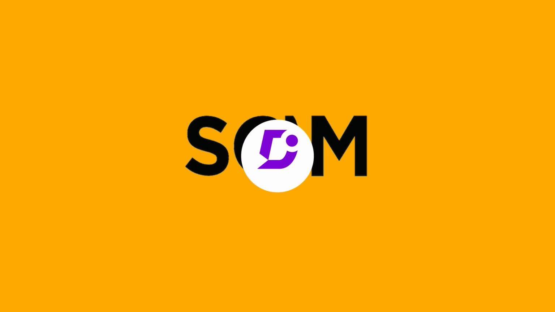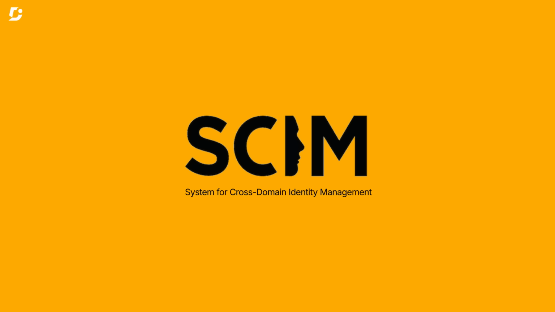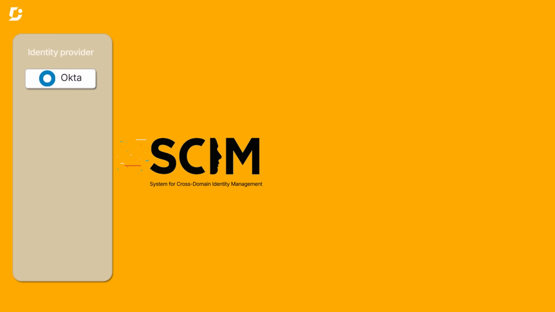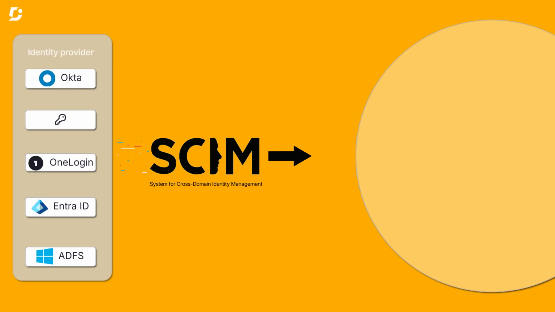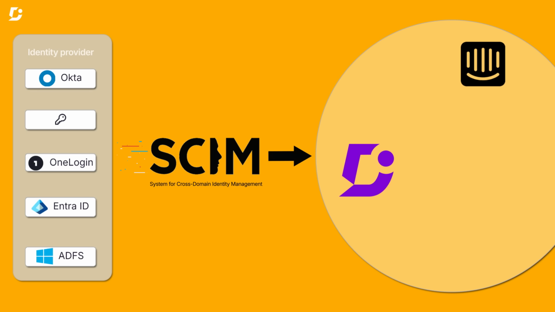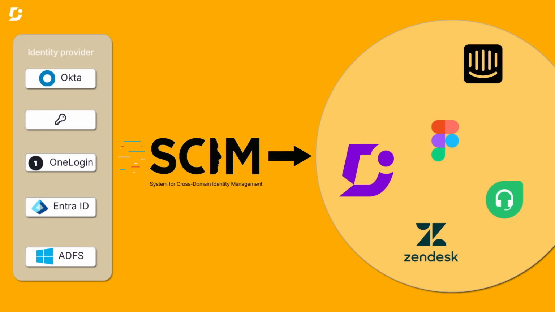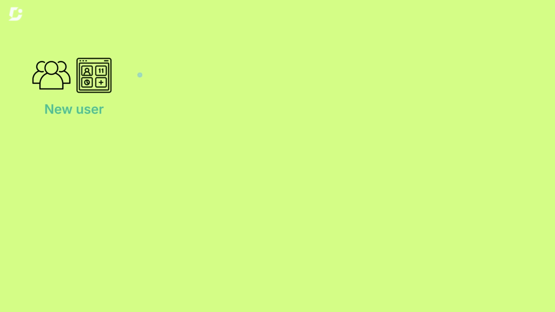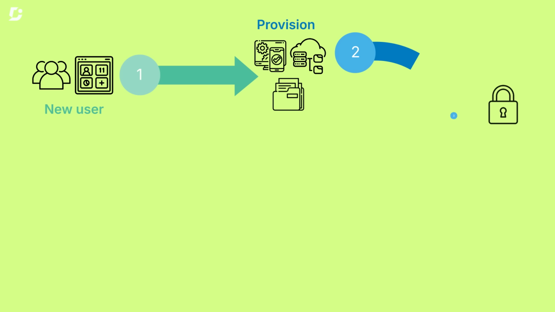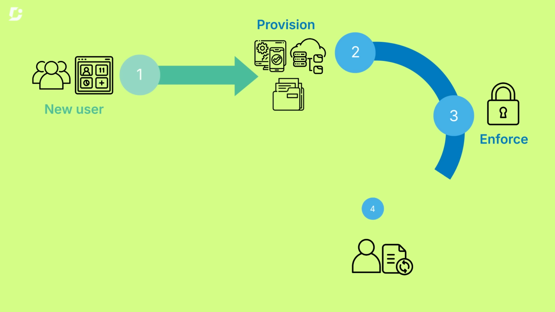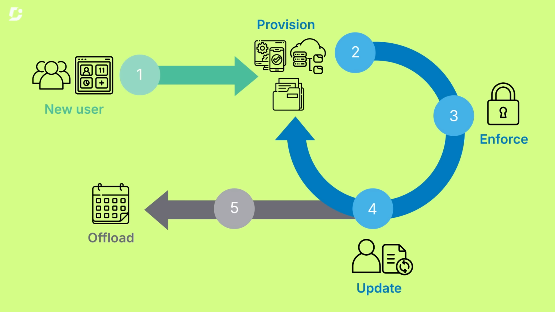Document360 supports SCIM, or System for Cross-Domain Identity Management, an open standard that automates how user identity data is shared between your identity provider, like Okta or Microsoft Entra ID, and your SaaS applications. Instead of handling access separately in each application, SCIM keeps everything in sync, saving time, improving security, and simplifying user management at scale. In simple terms, SCIM lets you automatically provision, update, and remove users, ensuring secure and consistent access